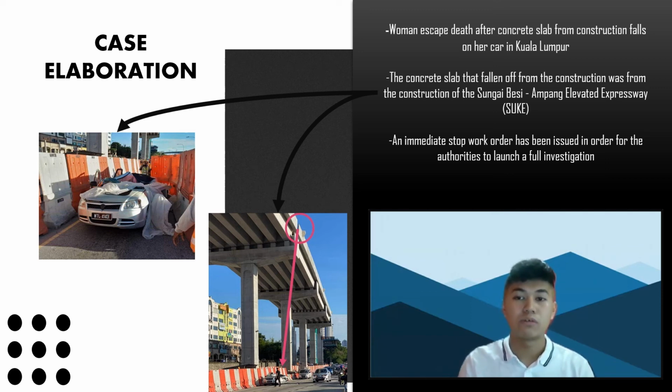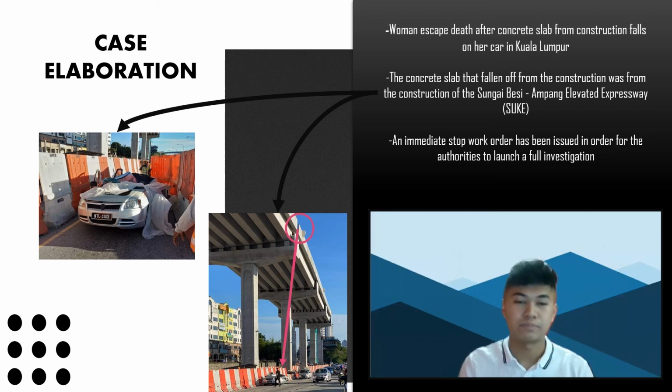The woman was driving her car along the MRR2 Middle Ring Road 2 heading towards Ampang from Sungai Besi. The concrete panel suddenly fell from the structure and hit the woman's car. The woman fortunately escaped the near-death incident and was saved by a civilian passing by the road. She only had a minor injury on her left hand and was sent to the Tuanku Muhriz Chancellor Hospital